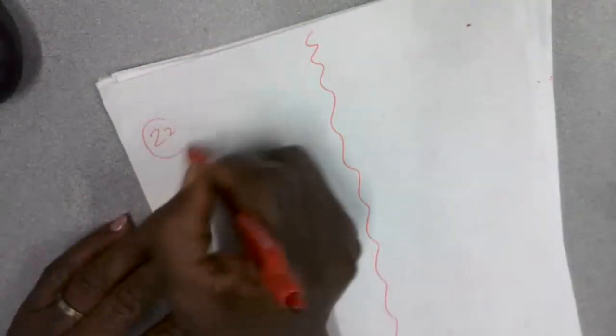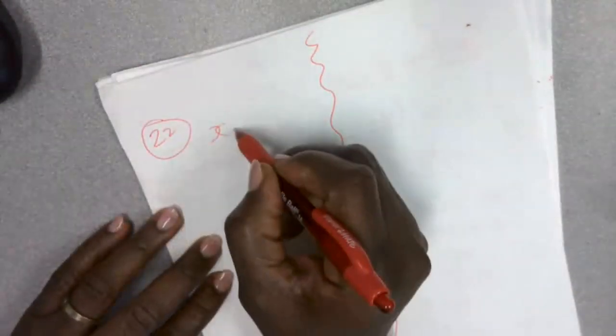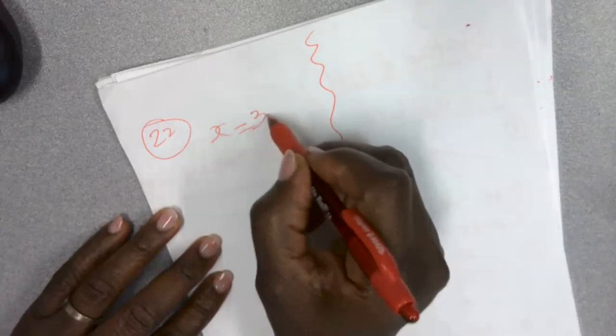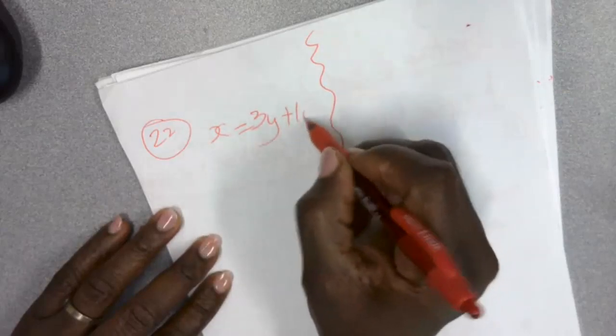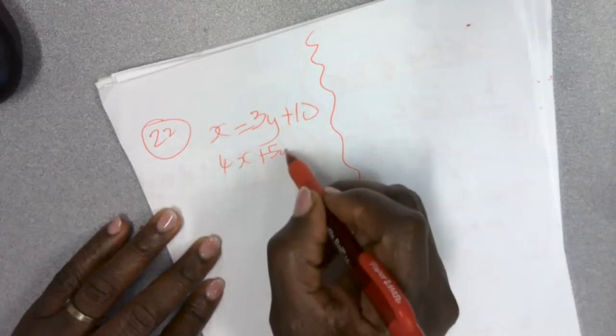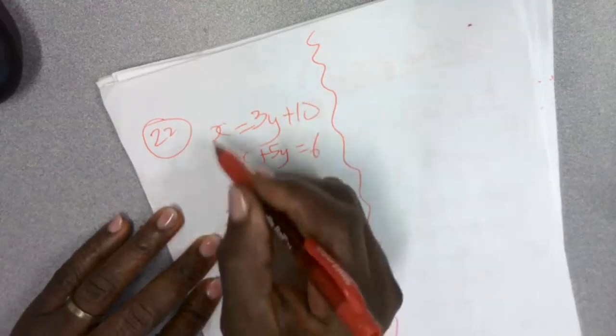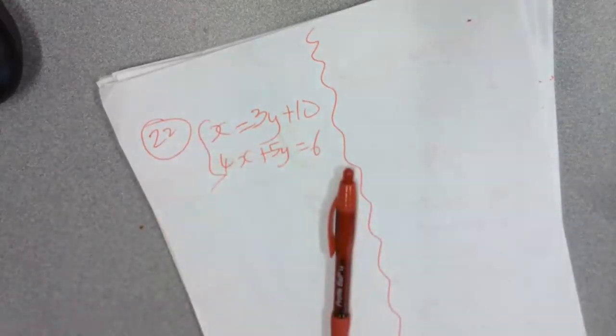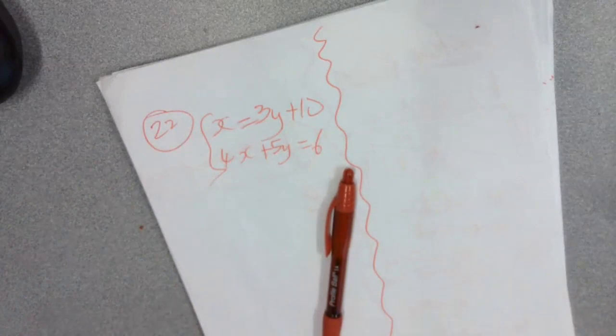So let's copy that question and do it. Number 22 of the practice test. I have x equal to 3y plus 10. And I have 4x plus 5y equal to 6. Okay. I want you to attempt this because I know